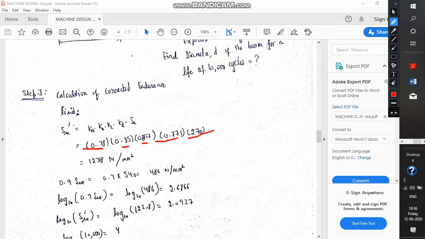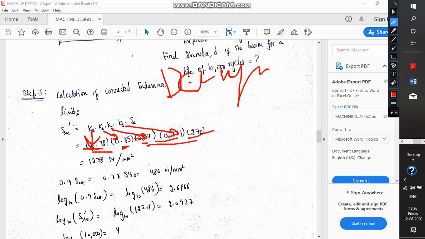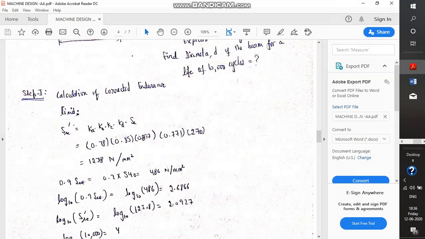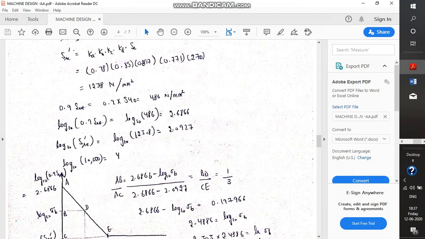And these factors, as of now, for the sake of getting a proper knowledge of the procedure of designing this type of shafts under these type of fluctuating load conditions of the finite life, we are going to assume that these are given to us. However, these will not be given to us. I am repeating again, these have to be calculated and found out by the student using the design data book in the examination. Design data book will be given to you in the examination, and you have to find it.